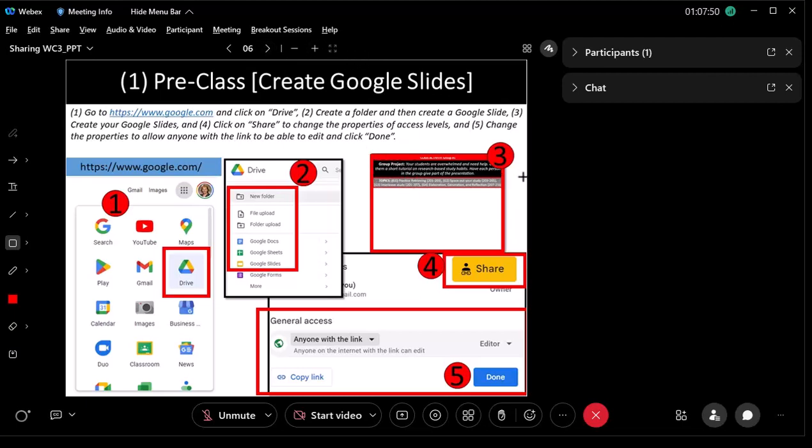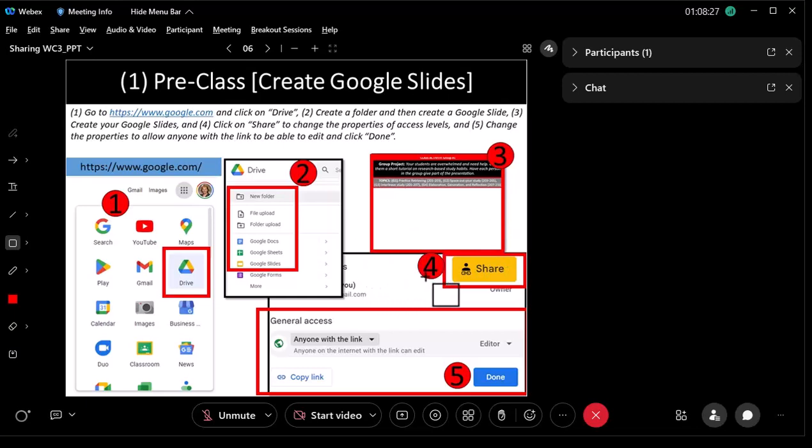Step number 3 is creating those slides. On the slide, you will have the case study in the main room, in the main slide, and you'll go over it with everybody, but students will not be able to remember it. It's too much cognitive load to remember what the case study prompt was from the main slide by the time they get into the breakout. So you need to have a replica slide that's got the prompt and the directions for how they need to complete it. In addition to that, you want to have a lot of blank room for them to complete their case study, to write their answers to use to share back.